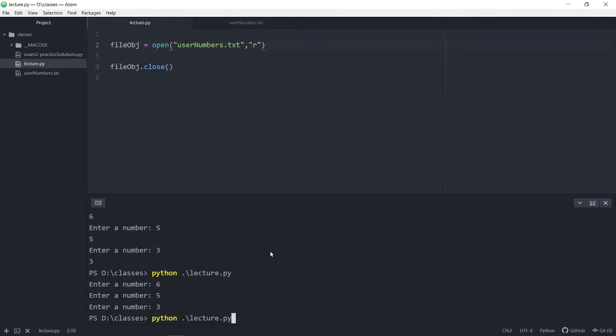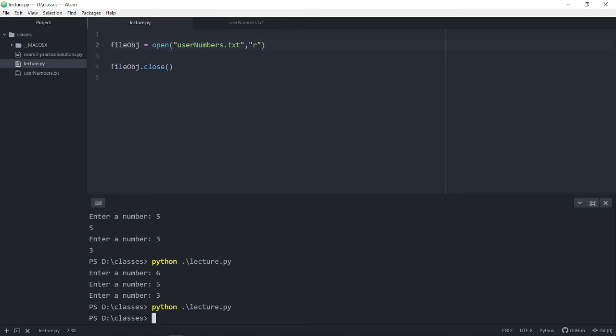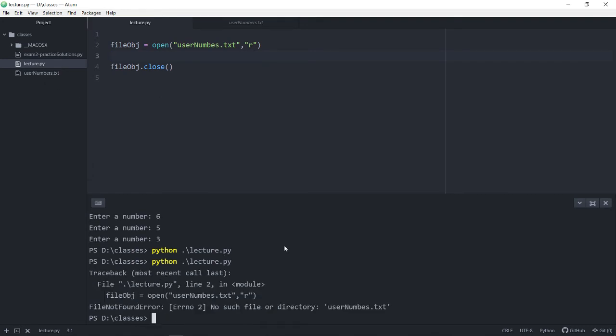If I run this code right now, nothing's going to happen. But imagine what would happen if I did something like this. This is not a syntax error, right? It could potentially be a file name, but when Python runs this line, it'll say, hey, does usernums.txt exist? And it doesn't, so it should throw you an error, a file not found error. So let's cater to that. Let's try this, and let's do except